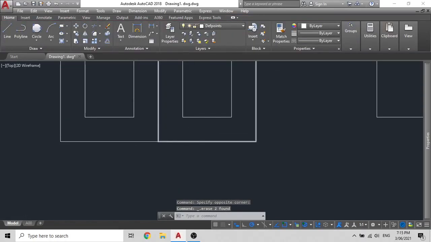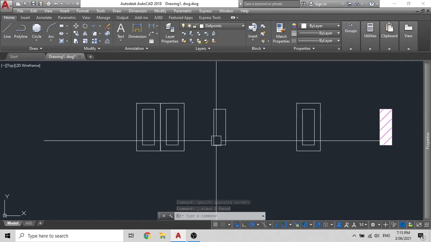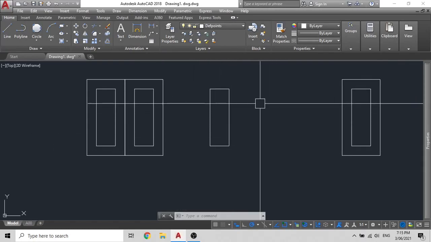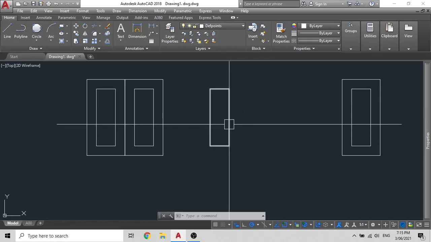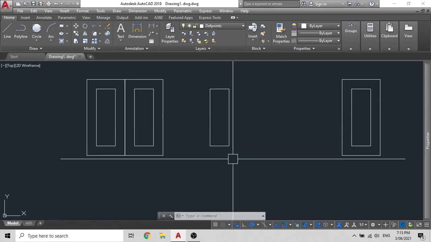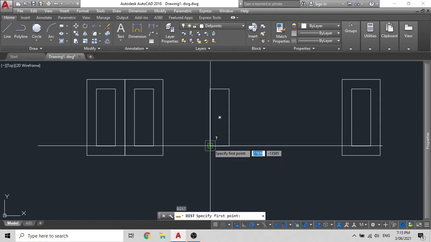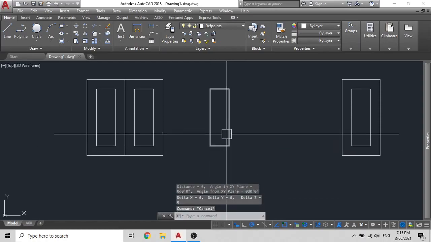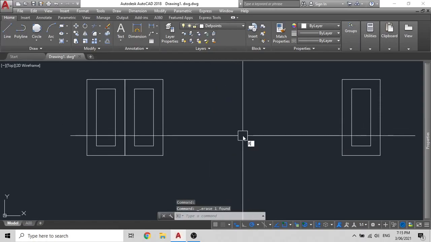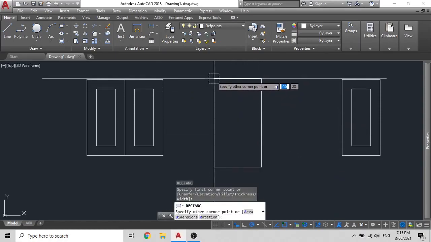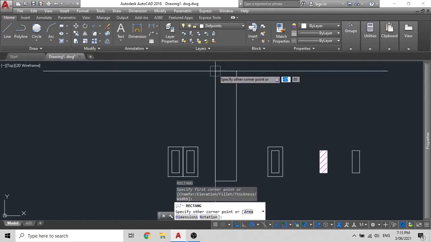Next is a super hatch. What a super hatch does is it allows you to hatch photos and images into the drawings as a hatch. Let me show you what I mean. We'll draw a column. This one mostly helps when you're drawing columns and other things.